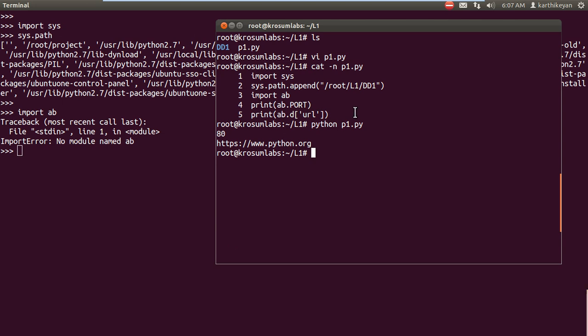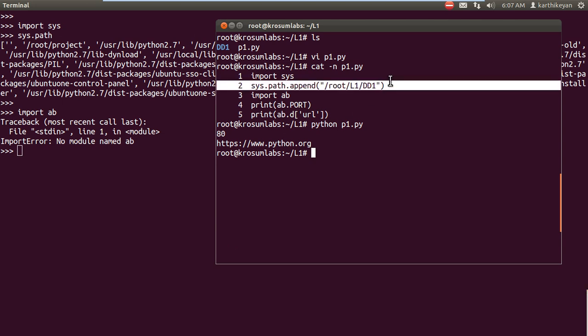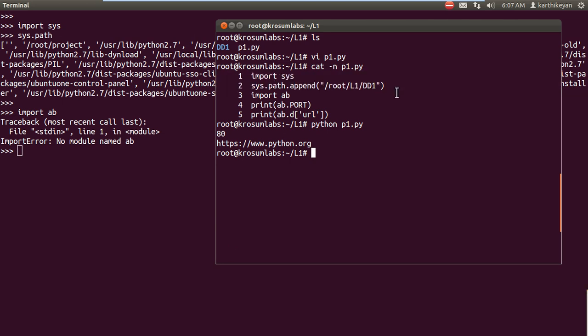If in a different location, you have to follow these two steps. How to import permanently and so on I will explain in the next class. So understand what a module is and how to reuse existing members in our local code. In the next class, we'll discuss how to import permanently and what the existing modules are. Thank you.